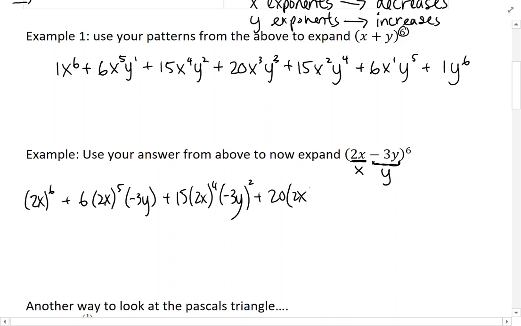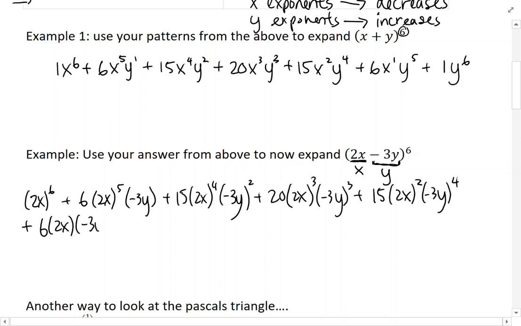Unable to write here. 2x to the 3, negative 3y^3 plus 15 (2x)^2 (negative 3y)^4. Running out of space, going to go into the next row. Plus 6 (2x)(negative 3y)^5 plus (negative 3y)^6. And if you multiply it out, because we do need to simplify this, you're going to have